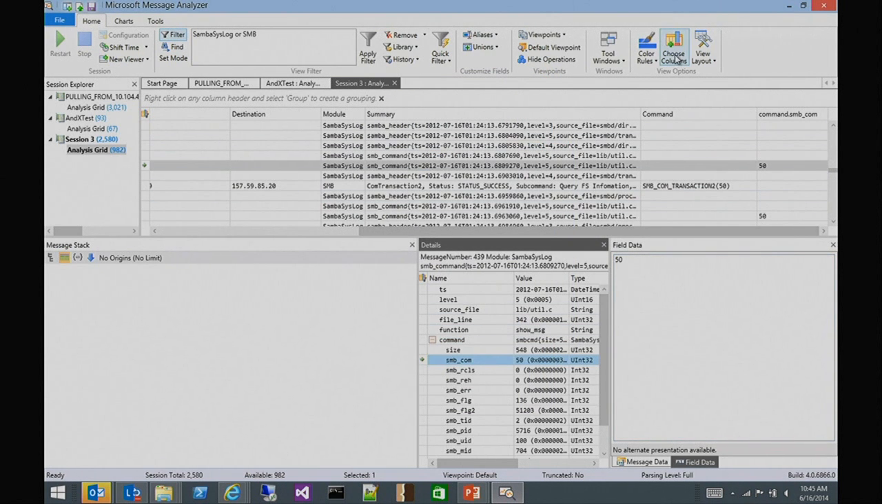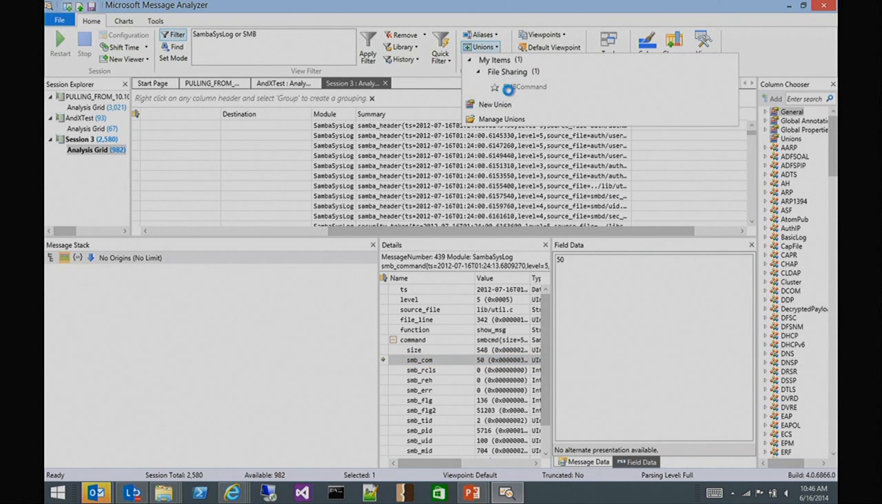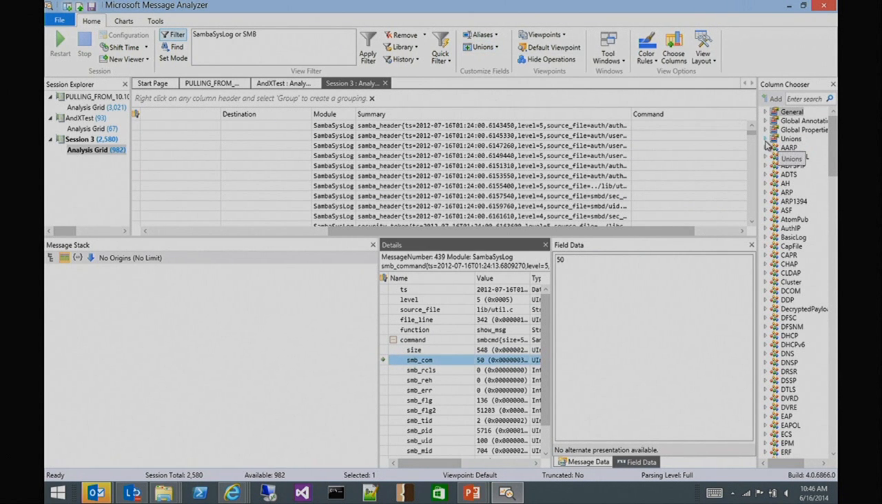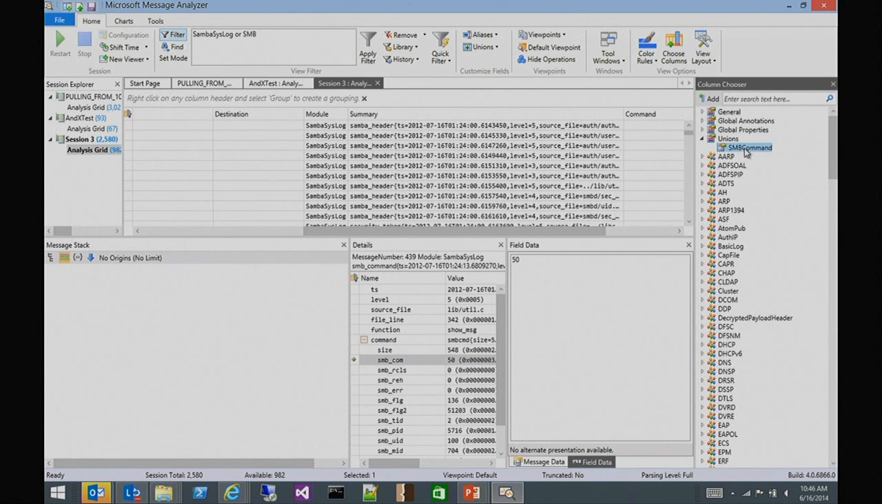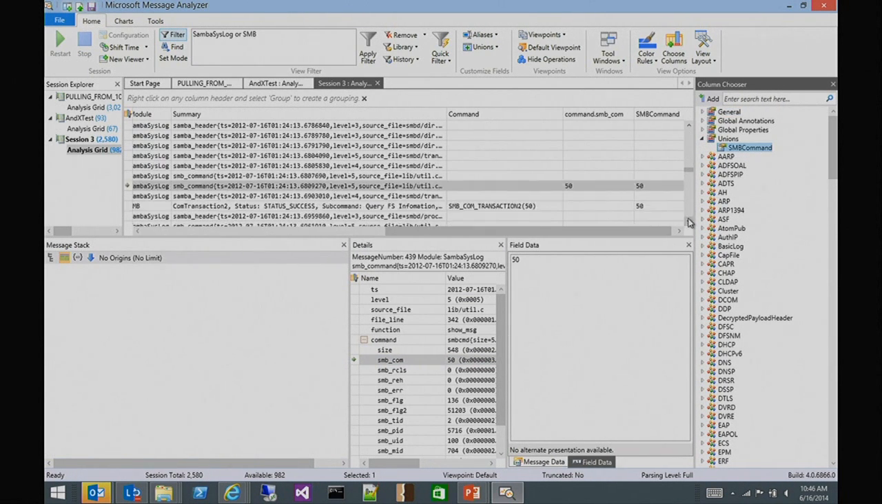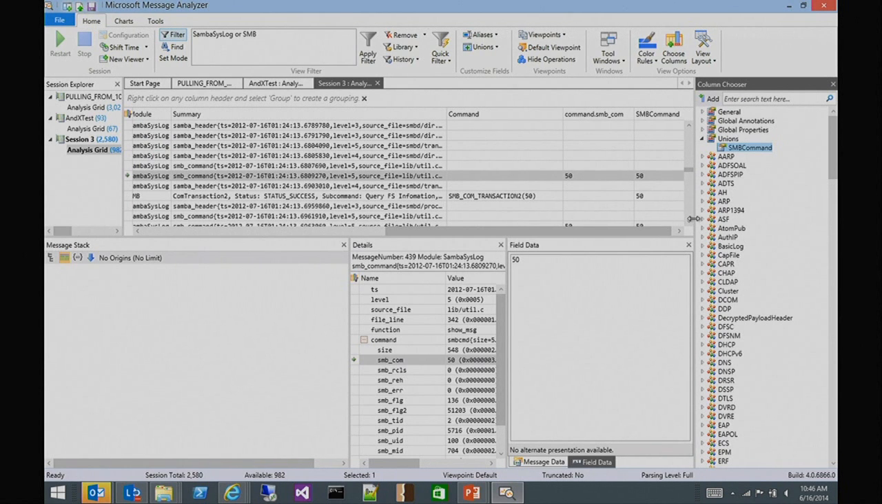So now that I've added this union, you can see it listed here as SMB command. There's now this new part of column chooser called unions. And hopefully, now you can see that I now have one column that represents both. And you can see that it has 50 where it exists for the text log. And so now this allows me to